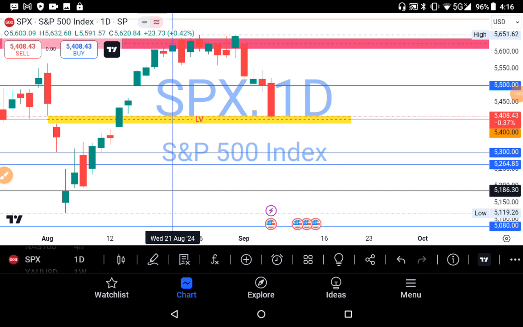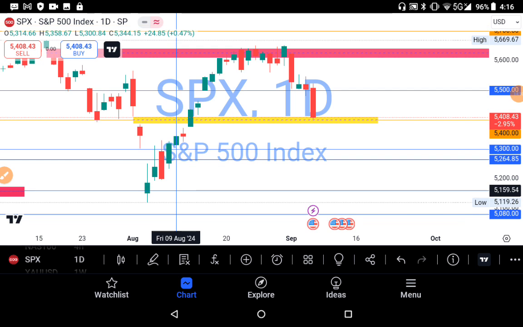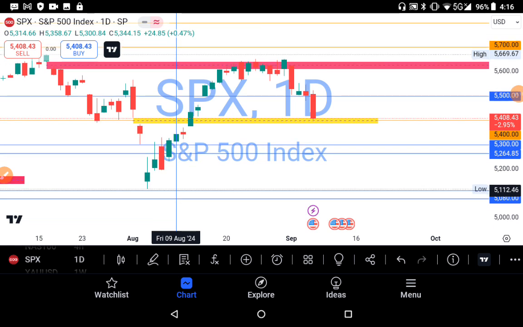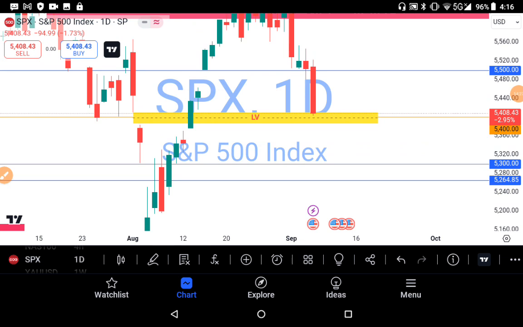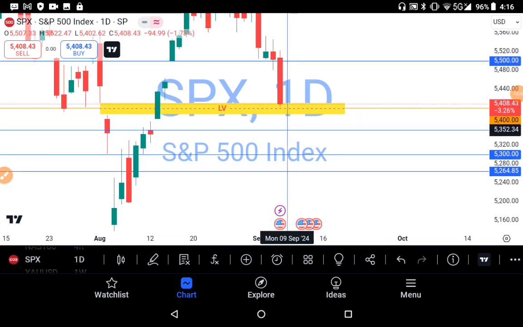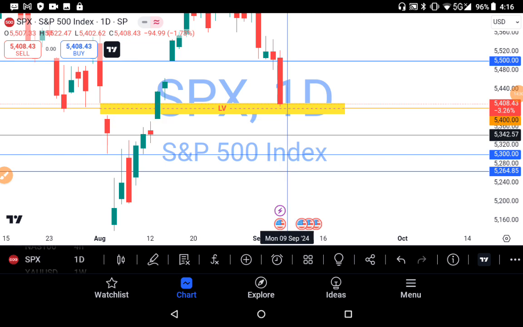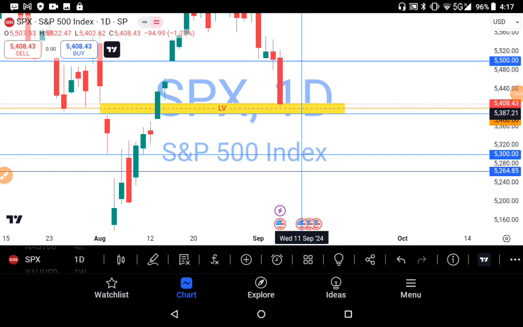5,756.69. So both levels were unable to deliver. So the market price has crossed 5,500. Now, what do I do at this level? At this level, I have to calm down and see if the market price is gonna find